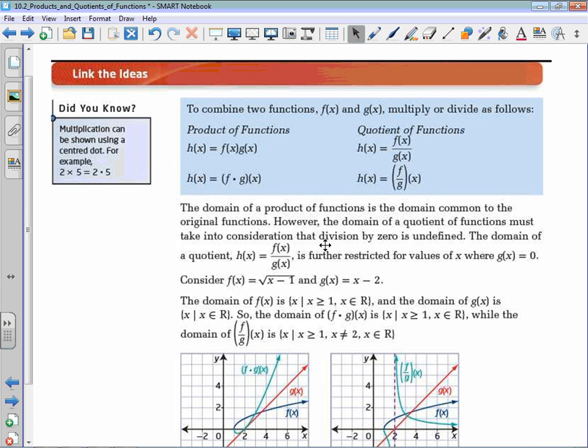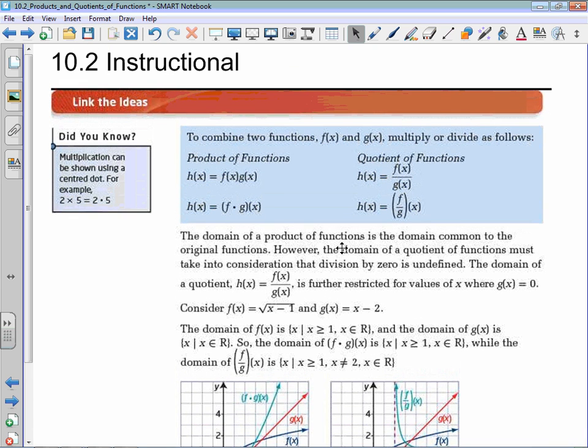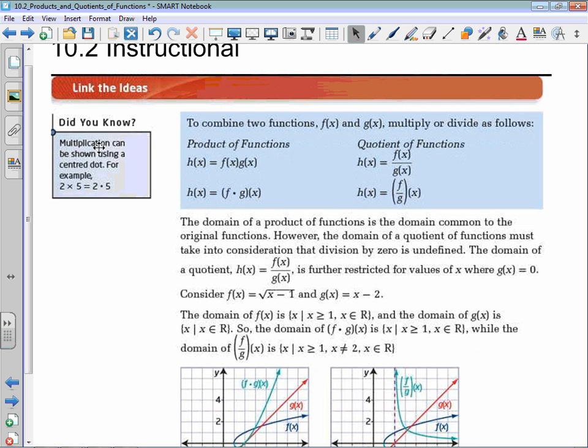The 10.2 instructional video is very similar to 10.1. The difference here is that we are going to talk about the product and the quotient of functions. So similar to 10.1, we can write the operation in the function notation itself. The one thing that I really want to focus on is the idea that, and we've been doing this for